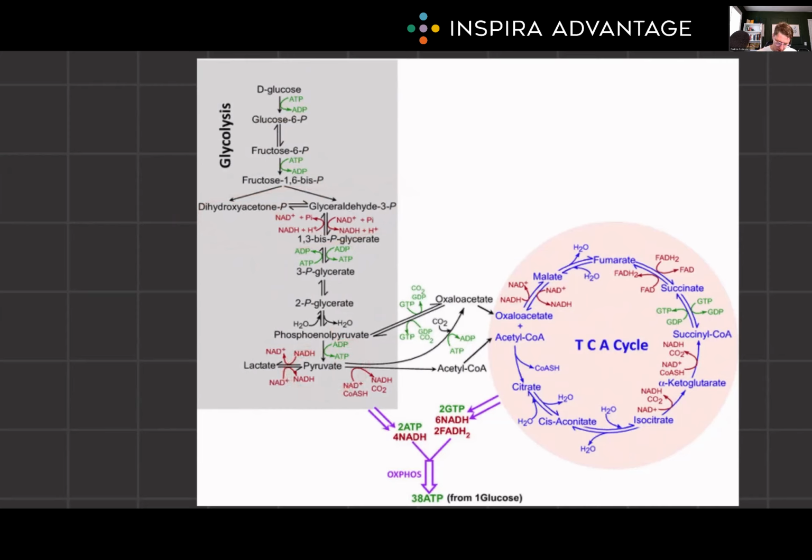And if we look at the bottom here, we see that we are making some ATP. So we're getting 2 ATP there. If you remember, we also got 2 ATP up here. So that gives us a total of 4 ATP, or a net of